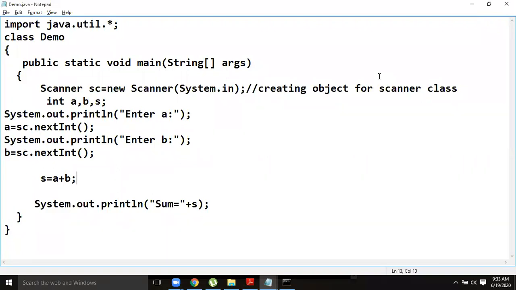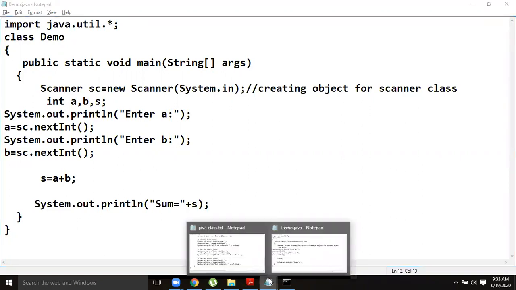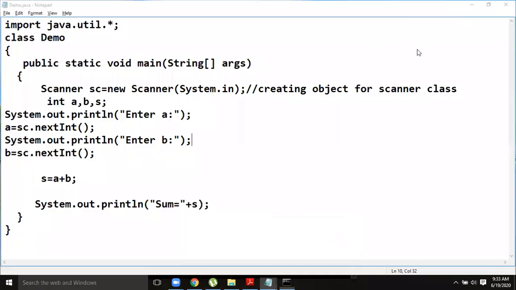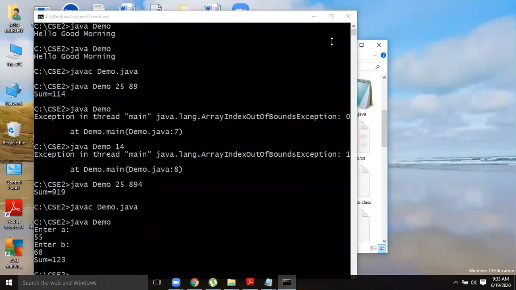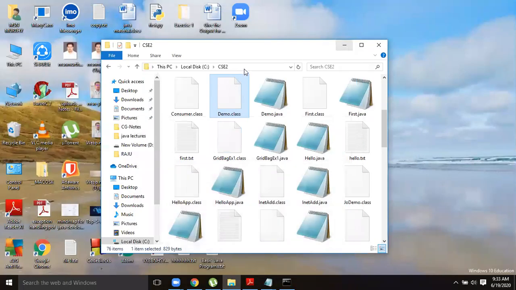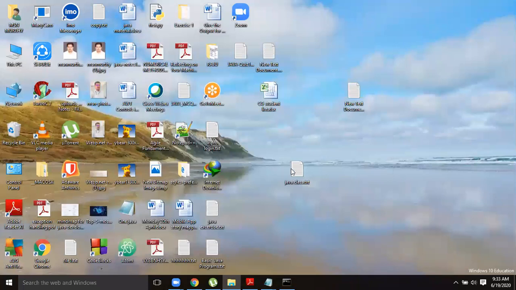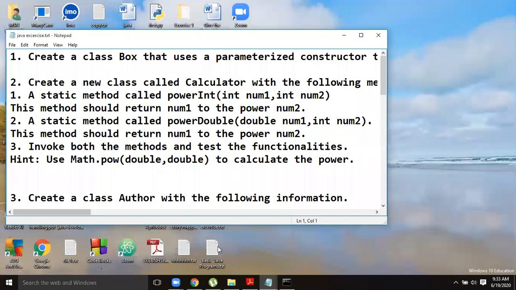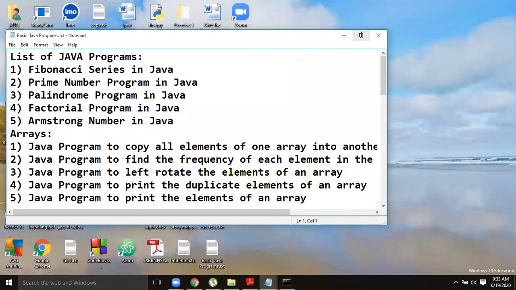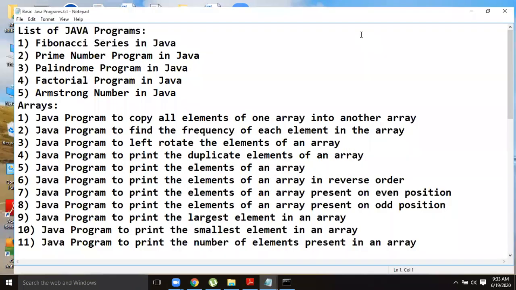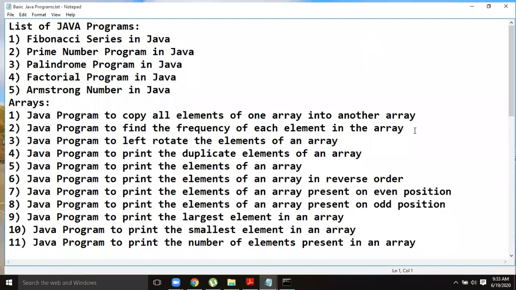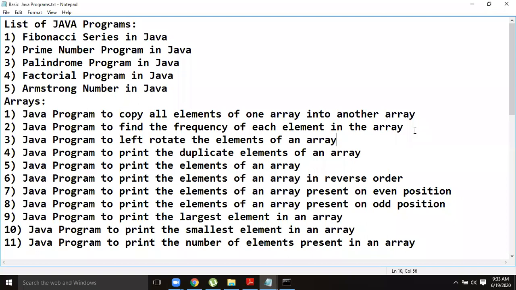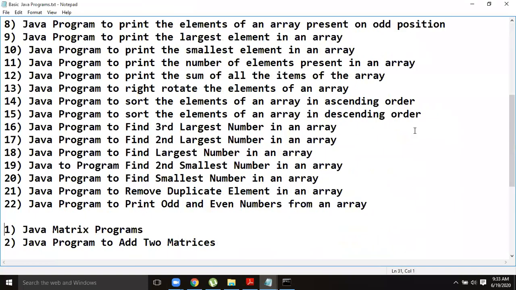If you want, I will give you the list of programs I have. You can practice basic programs that we are already habituated to in C and Java, like the Fibonacci sequence, prime number, palindrome, factorial, Armstrong number. Similarly for arrays.